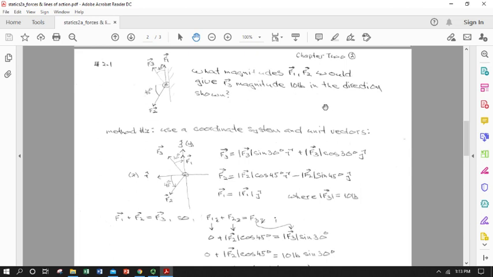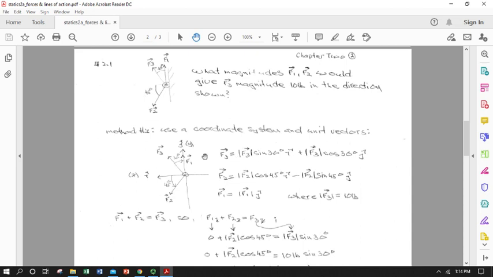So somebody gave me a magnitude of 10 pounds for F3. So I've got a direction, and I've got a magnitude. So what I've got is basically F3 in polar coordinates, so to speak. So I'm going to put it in rectangular. I'm going to write it as a sum of its components in the horizontal and vertical directions according to